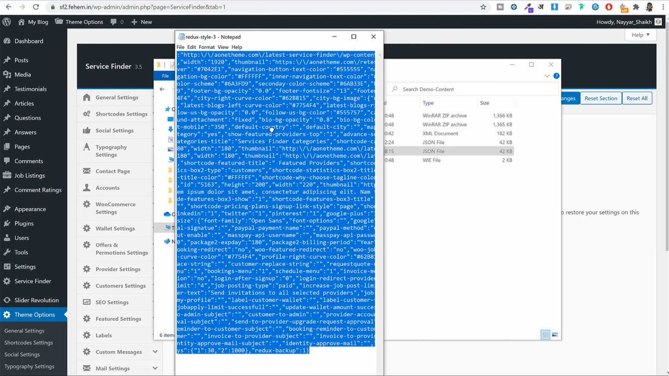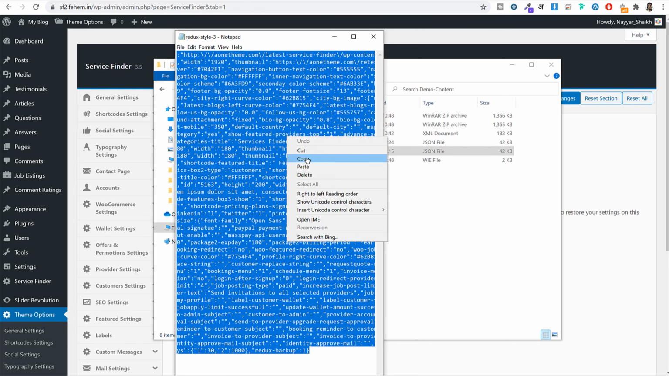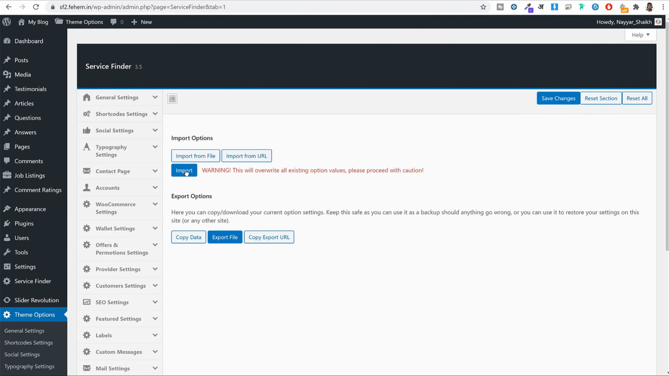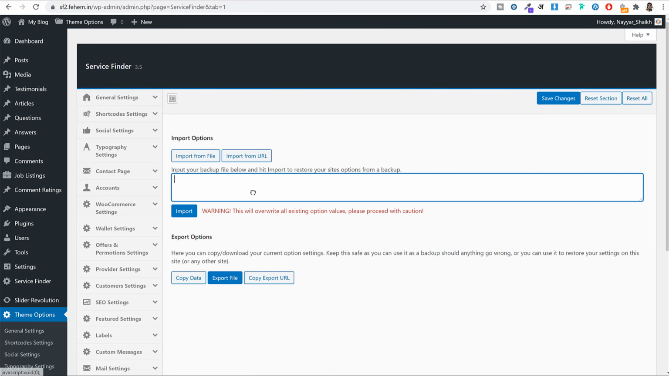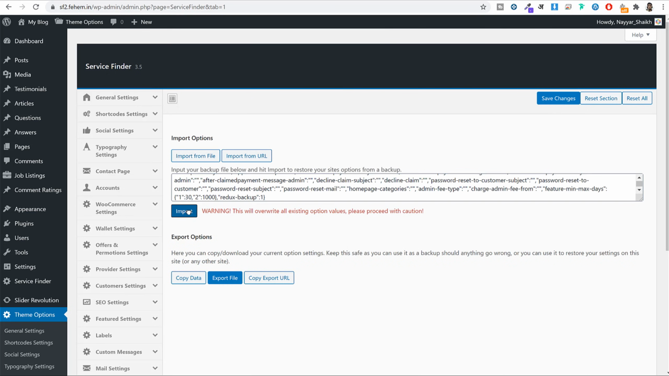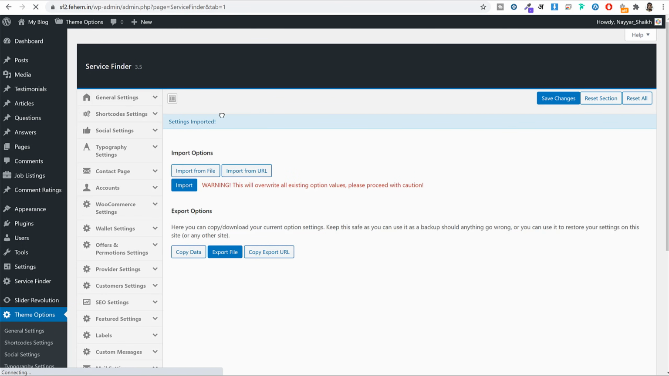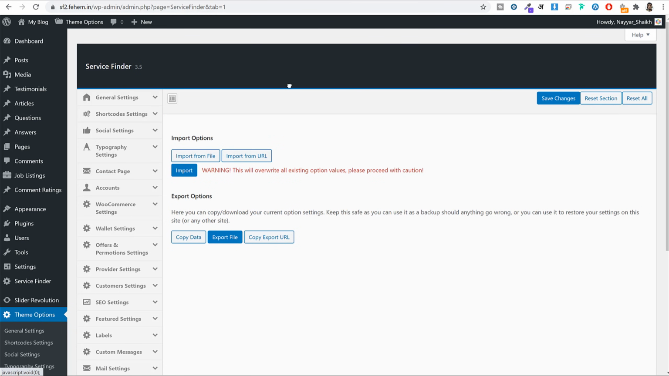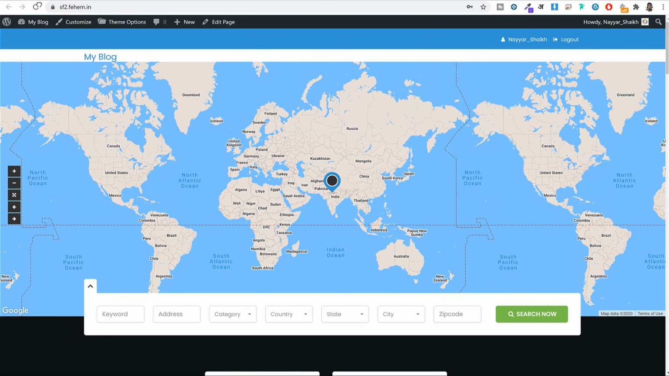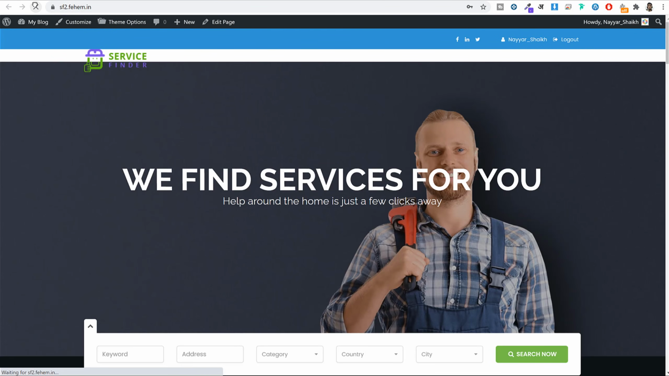Don't worry about this look. Just select everything, click on copy, come back to this page, click on import from file, paste in all these things and click on import. Now click on OK. Now as you can see, it says settings imported. So this has basically imported all these settings for you, all the designing settings and all the other settings from here. So if you again come back to this website and if you refresh it, now as you can see,